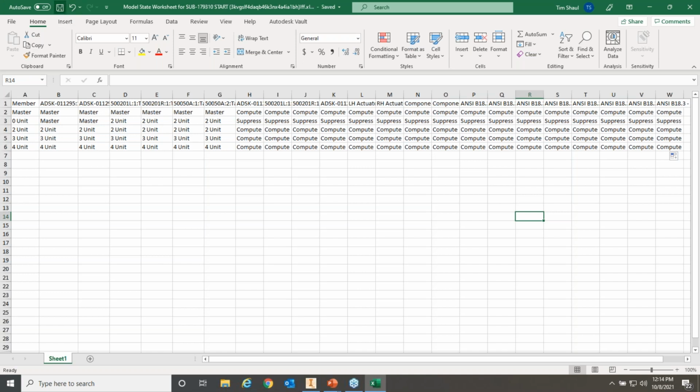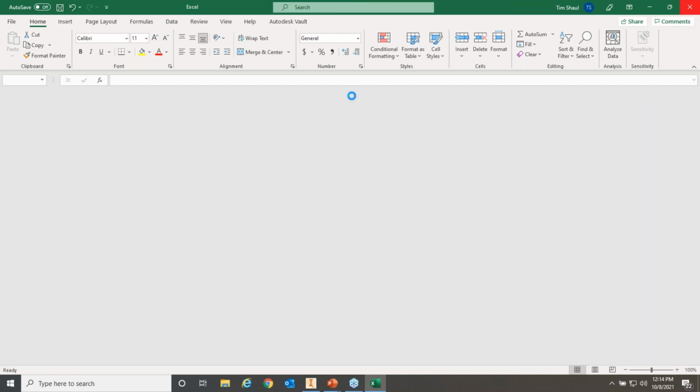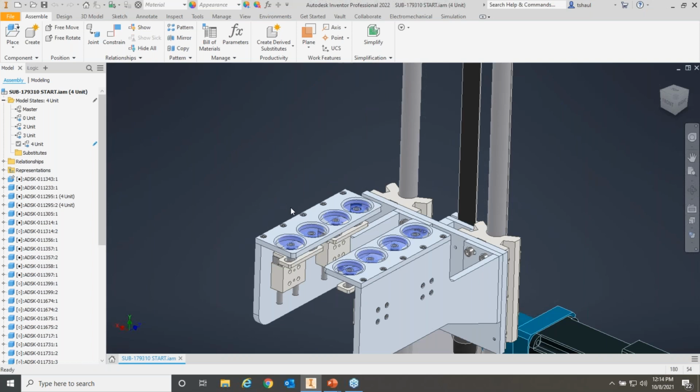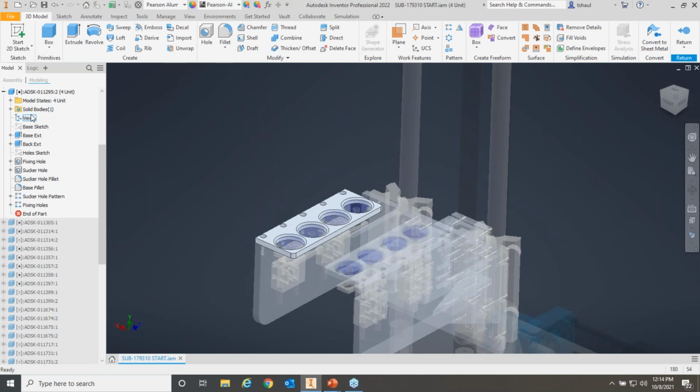And once I have that set, I'm going to go ahead and click Save here. And again, it'll take just a moment to pop open inside of the browser. And now you can see I have a 3 unit and a 4 unit. But really important to this process, in this particular case, if I dig down to this component, you'll notice inside of this component already, those model states already exist and they've been linked together. In a little bit, I'm going to give you another example on how to actually link these things together so your assembly model state can be linked to the part model state, and we're going to cover that under simplification, okay? But in this case, notice